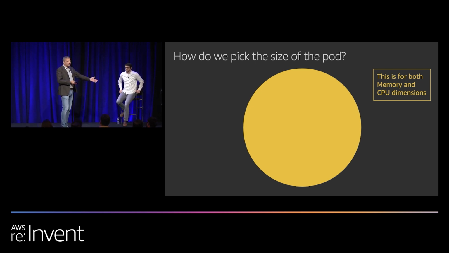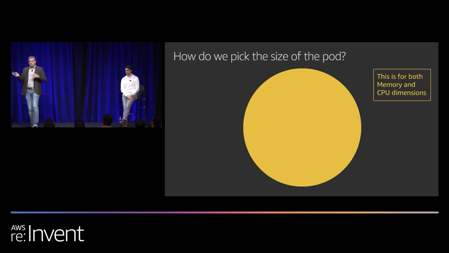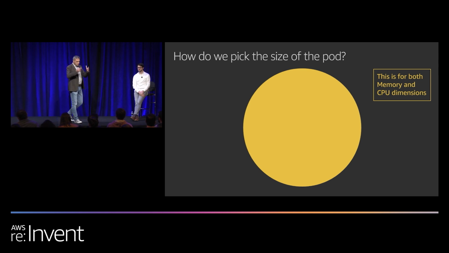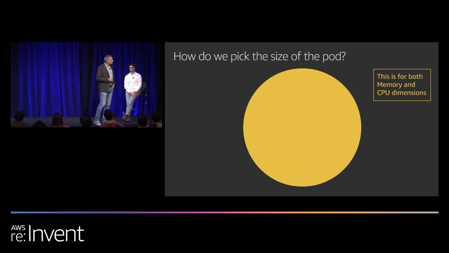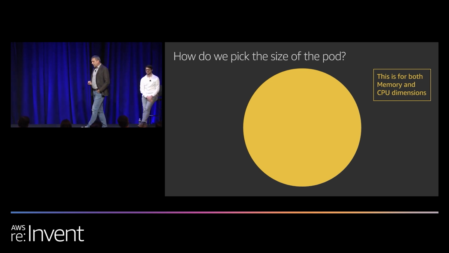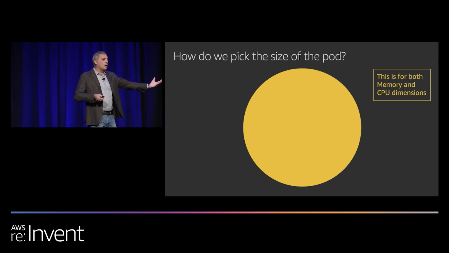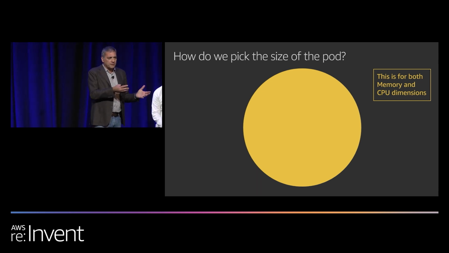I can schedule because I have resources, or I cannot schedule because there are not enough resources, in which case, if there is a cluster autoscaler, I can scale up, okay? But since there isn't any EC2 instance, what do we do? So bear with me, because this is going to be quite sophisticated, since I want to cover many use cases. If you're running just one container in a pod, it's going to be easier to determine what that size is.